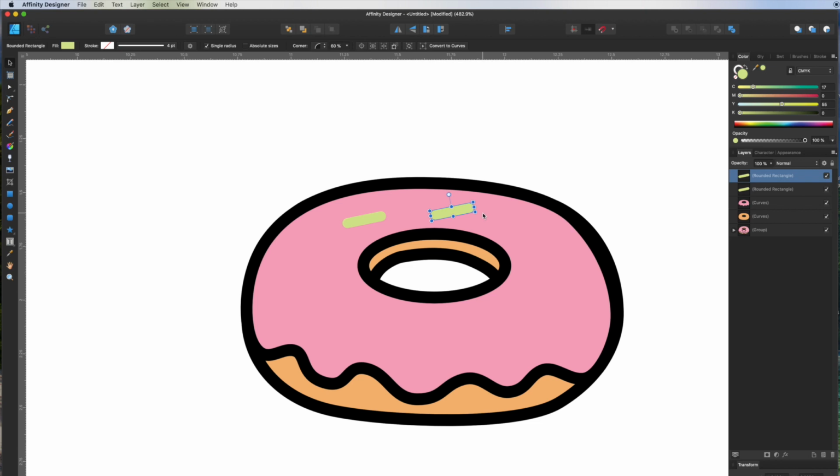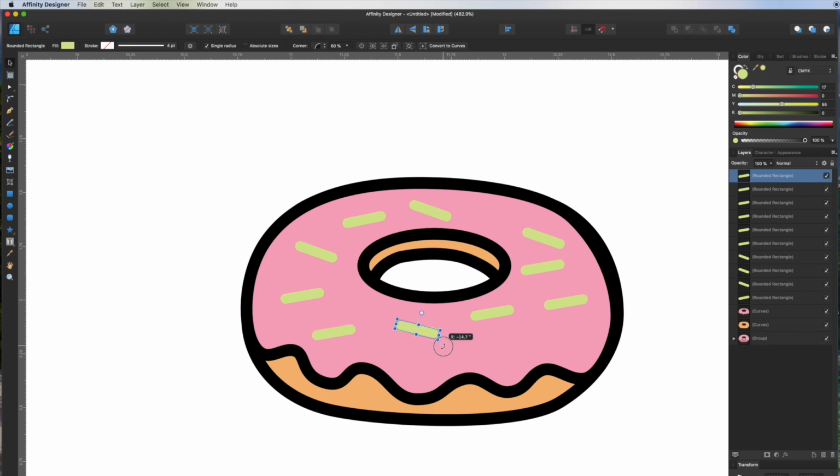And let me just add some more sprinkles here. We're not going to do a ton. So what I'm doing here is I'm holding down Option and dragging that shape. That just duplicates the shape, and then I'm just turning it. So you can see here, click, drag, Option, real easy. Let me just do one up here. And again, you can go back and